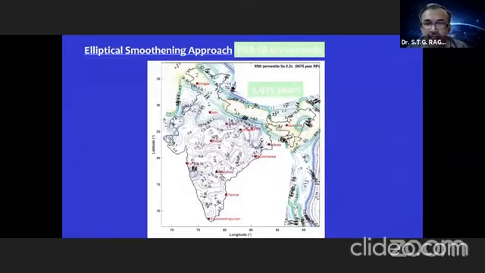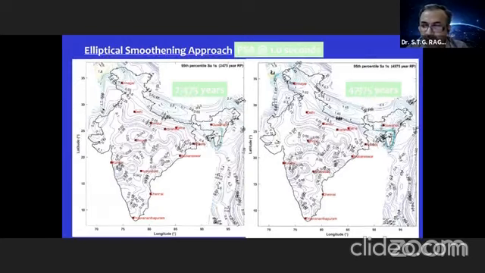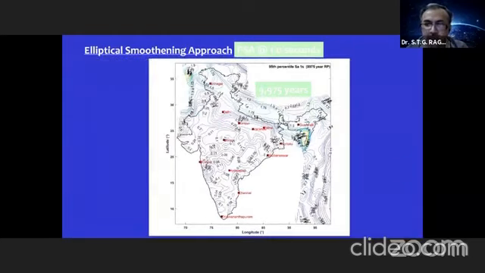Now, similarly, this is for 1 second. Generally, if you see international codes, 1 second or 1.25 is known as the long period site coefficient. So these contours also I'm showing here, and these are also 95 percentile, that is mean plus 1.65 times sigma. So you can see at 500 years in the Himalayas, this number turns out to be 0.3 times the gravity. Now, similarly, for 2,475, 4,975, and then the 10,000 years also. So we are providing you the values, and these values can be directly used in the performance-based